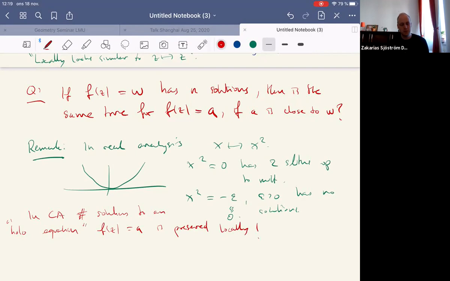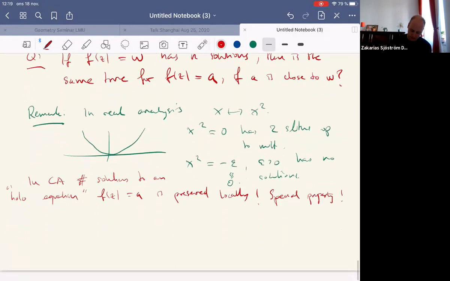And thanks to this example, we now understand that even for very nice functions like this real valued function, this thing fails completely. So it's another very special property thanks to this holomorphic condition. Okay, and so to make this rigorous,